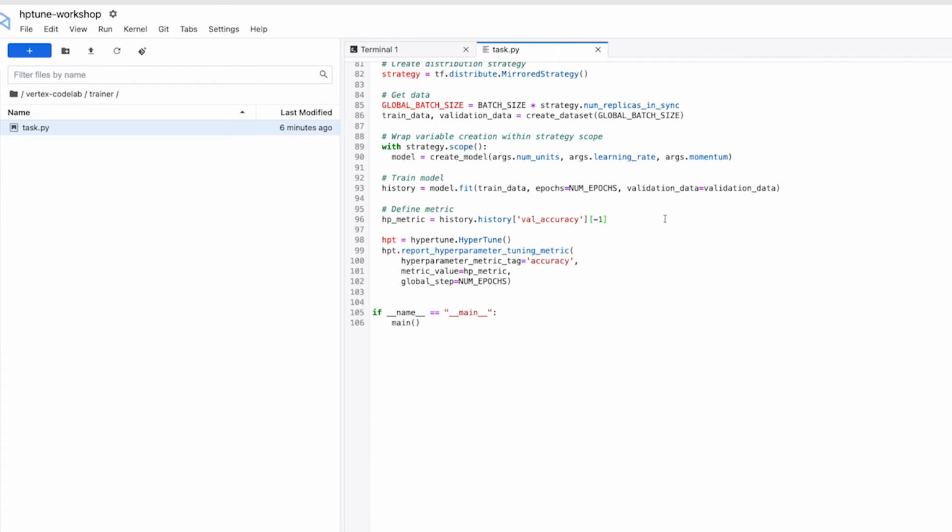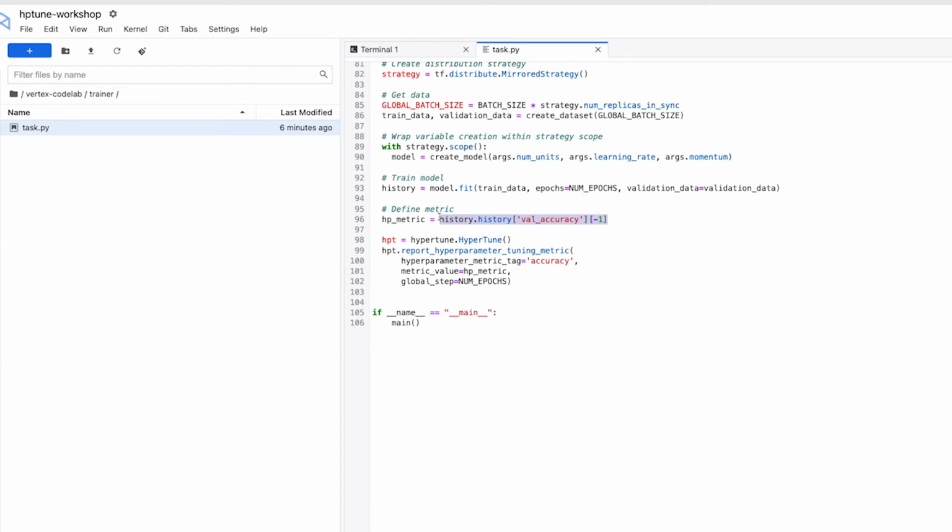If we just were to run multiple trials but not be tracking a metric, we would have no idea which trial was the most performant. So in this case, I've decided that validation accuracy is the metric that I want to track, but it might be different for, of course, a regression problem or maybe a problem with class imbalance. Whatever metric it is that you think is relevant to your problem, you'll want to define that. And I've defined that as this HP metric right here.